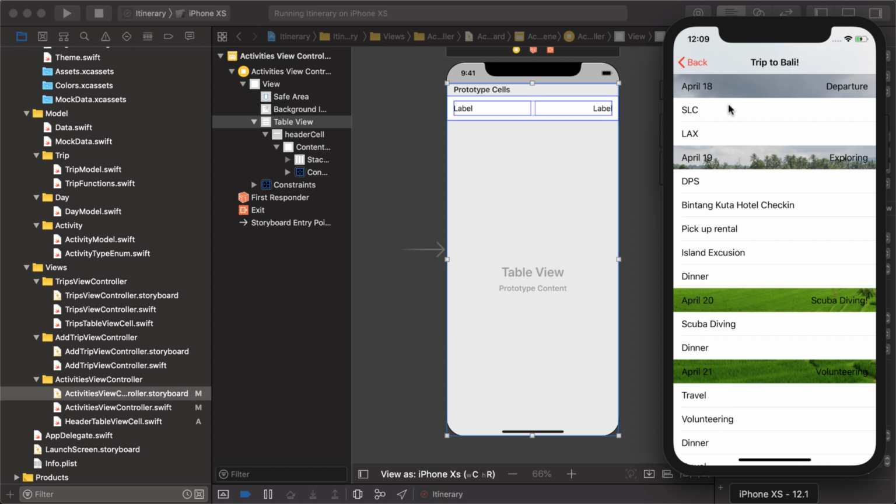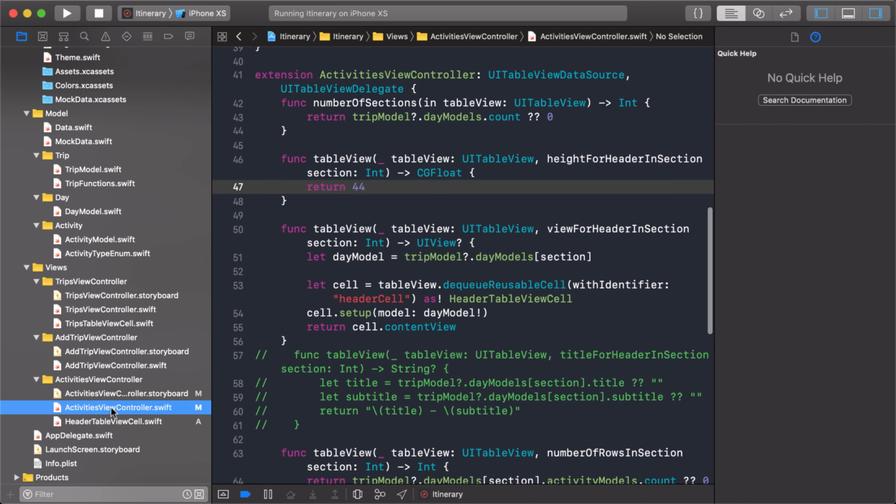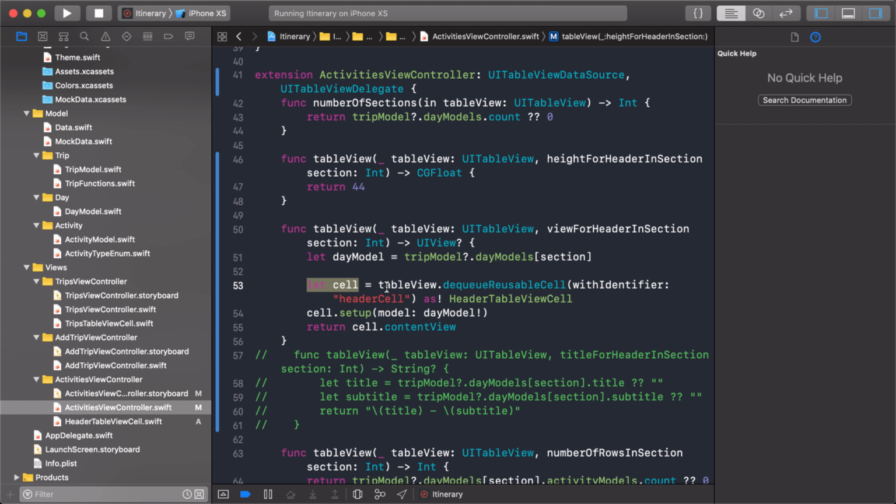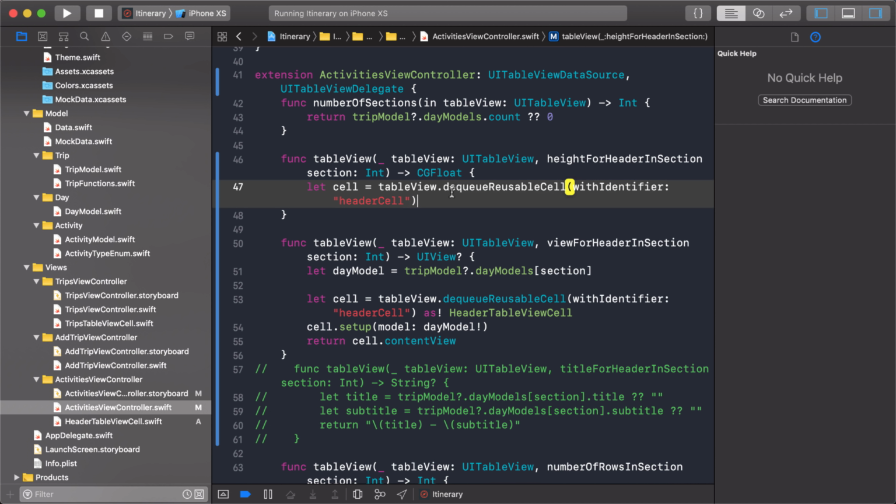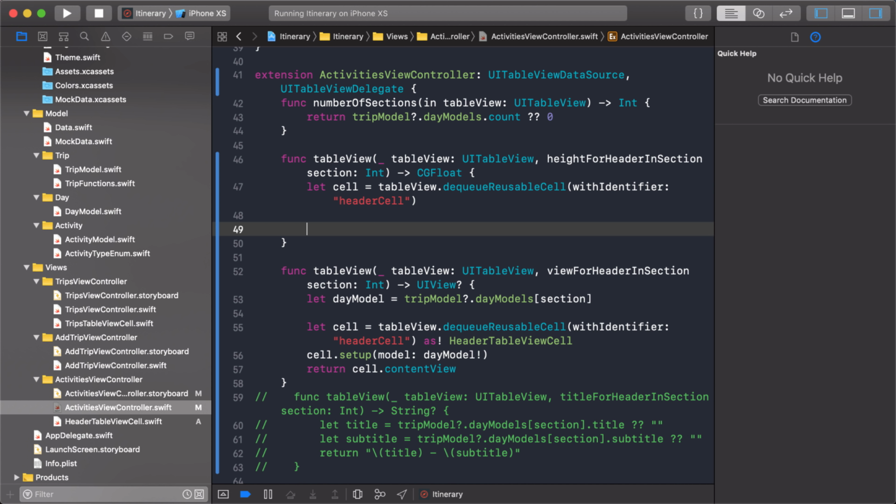Yeah. So it's still 44. When I increase the size to 55, it didn't take because I have to change that function. Right here, I have to change this to 55. While I'm developing and prototyping and designing, I don't want to keep changing this height. I want it to take whatever height it is in the storyboard. Here's something that we could do. We can dequeue it. We'll just get the cell like this. And then I'm going to return the cell's